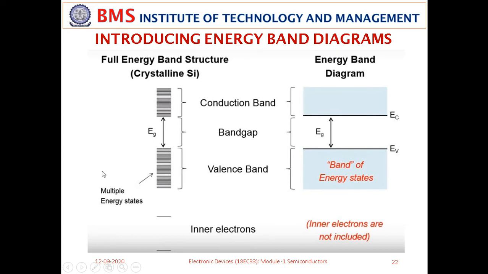Only if you provide some excitation, since in semiconductors this Eg is very, very small compared to insulators. Insulators have about 5 electron volt. For example, in diamond this Eg is very large. That means the amount of energy required to move an electron from the valence band to the conduction band is very high. Whereas in silicon, it is just 1.1 electron volt. That means a small amount of energy in the form of heat or optical energy can lift an electron from the valence band to the conduction band. So this forbidden gap or band gap plays an important role.